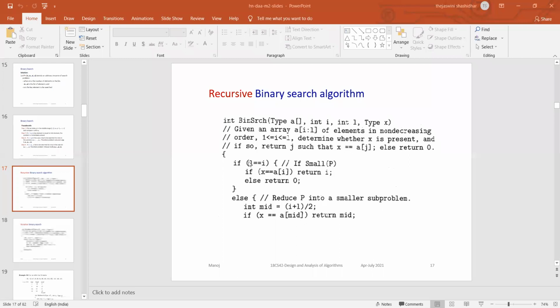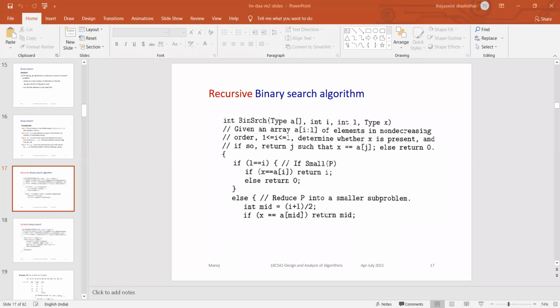Else, if the last element is not equal to the first element, that is, if I is not equal to L, can you divide? Kindly answer here.